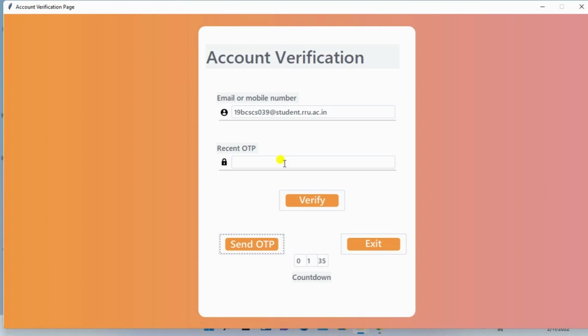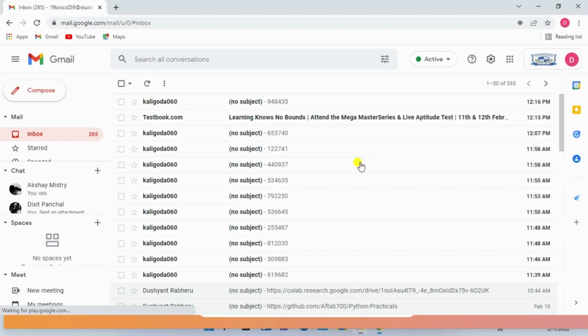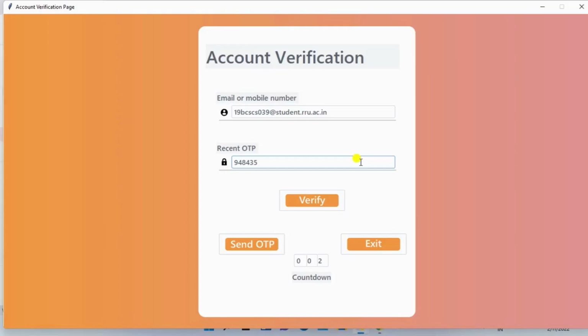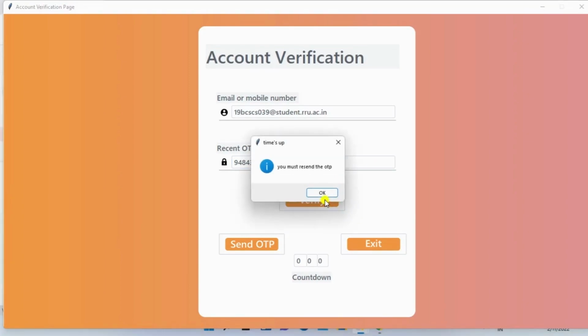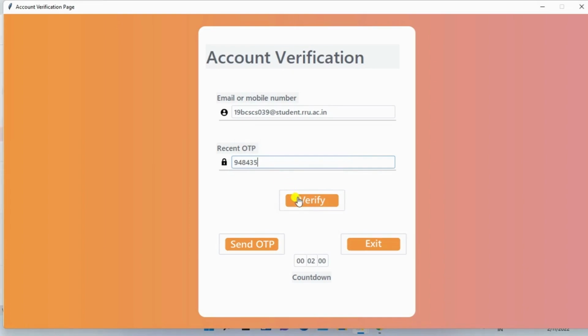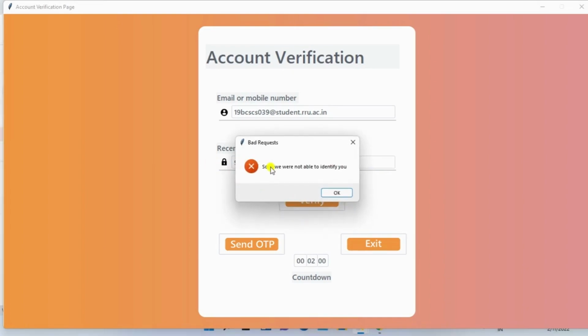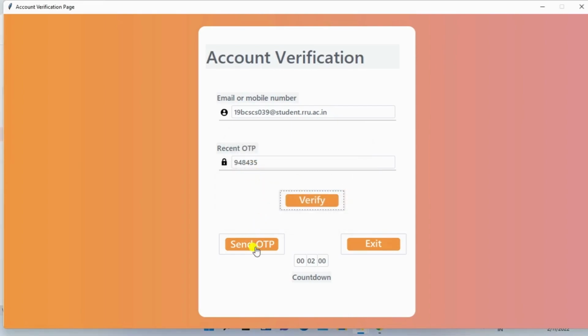Then we will enter our OTP and click verify, but it will show that we can't verify you because the timer is out of time. So as you see, you must resend the OTP because we are out of time. And if you click verify for the previous OTP, sorry, we were not able to identify you. So now we have to click send OTP again